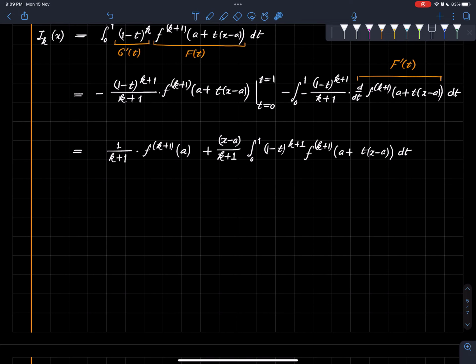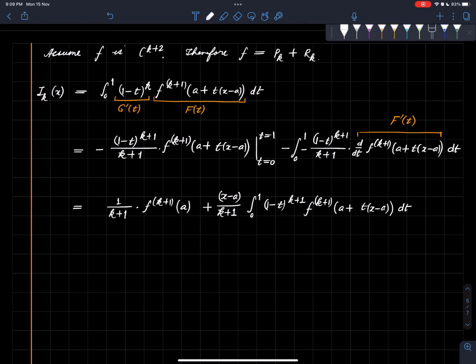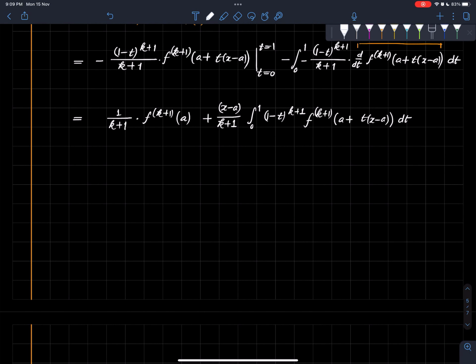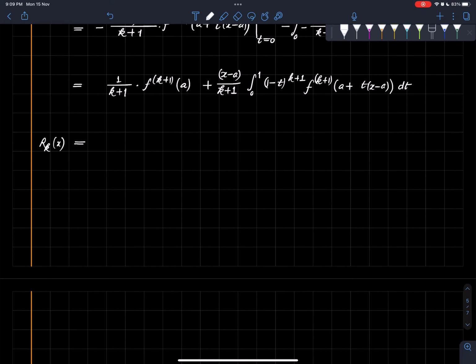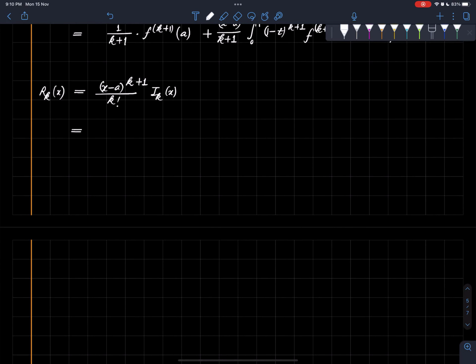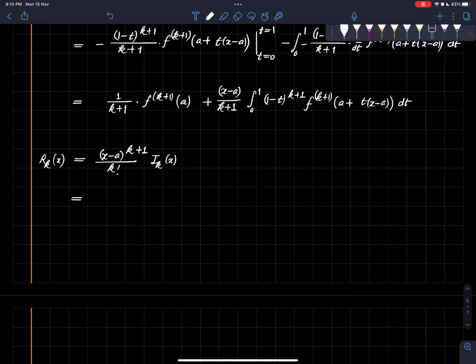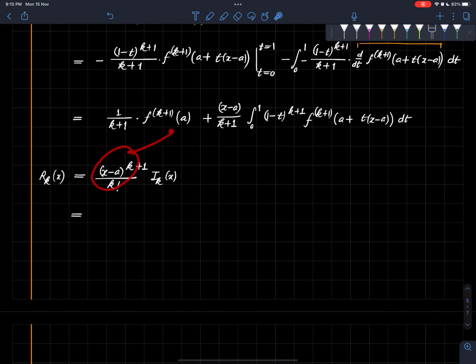And now, what is R_k? So this is the expression for I_k. R_k was basically (x minus a)^(k+1) upon k factorial times I_k. So therefore this gives us, by the calculation above, this thing will get multiplied by that to give (x minus a) to the power k plus 1 upon k plus 1 factorial